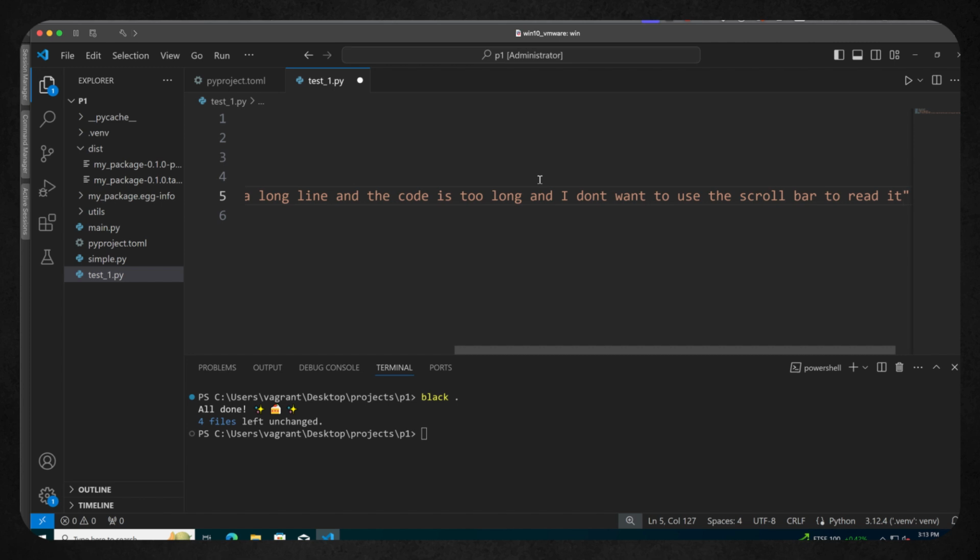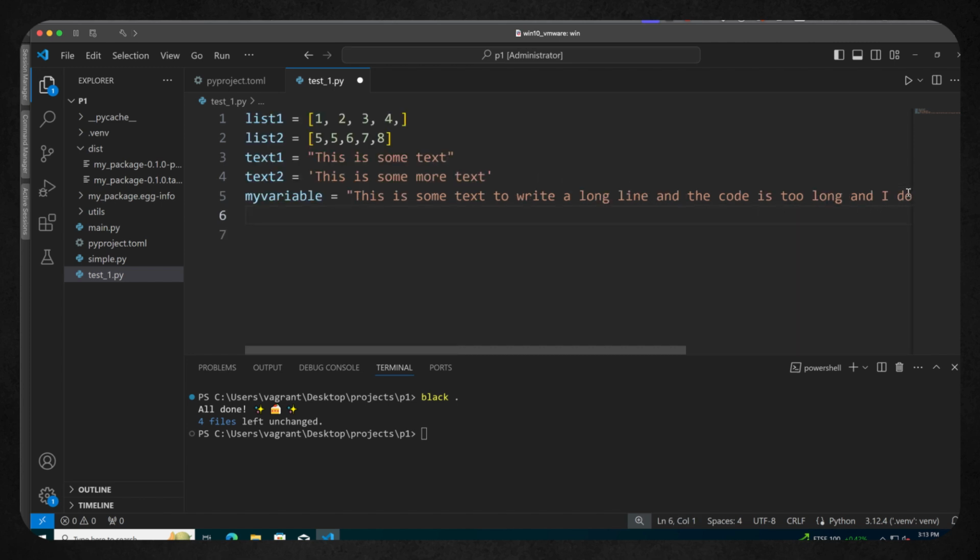Now I've gone out to 127 columns there. This is the sort of thing we want to avoid.